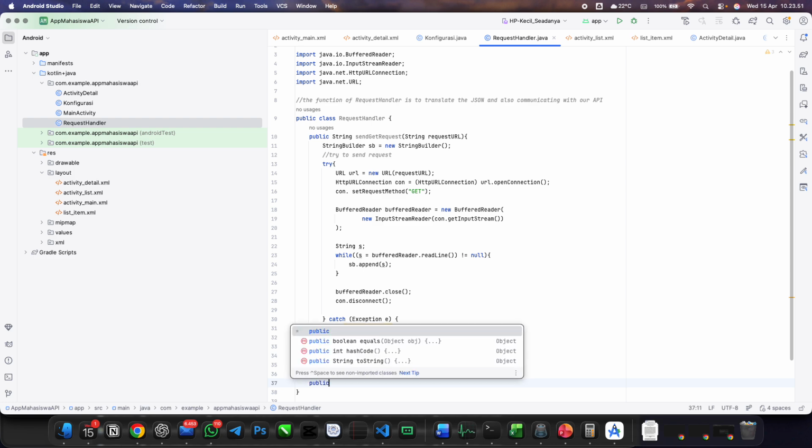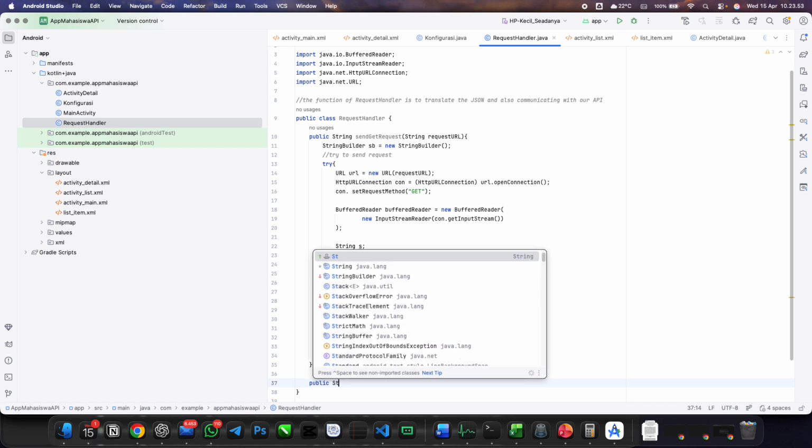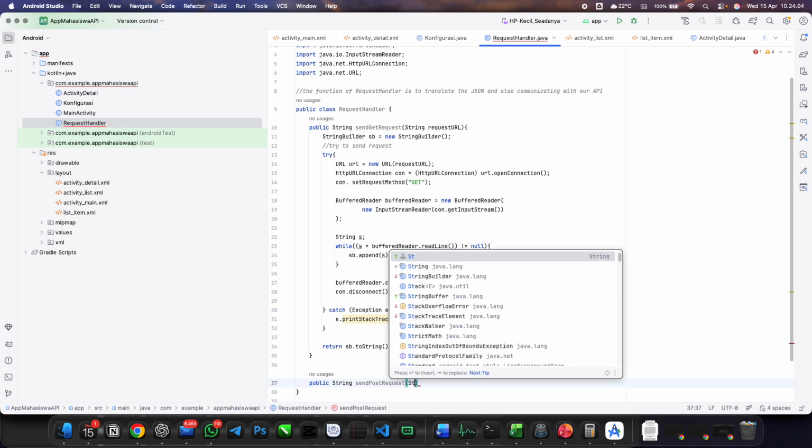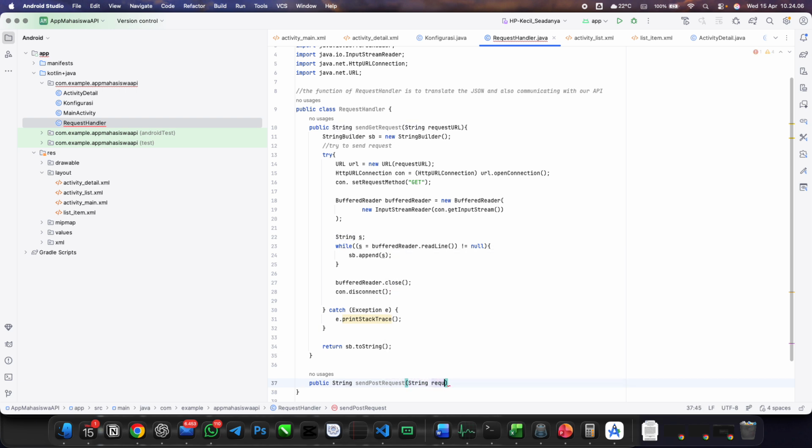Public string send post request with some parameters. We call it string request URL, and then also we are utilizing hash map.